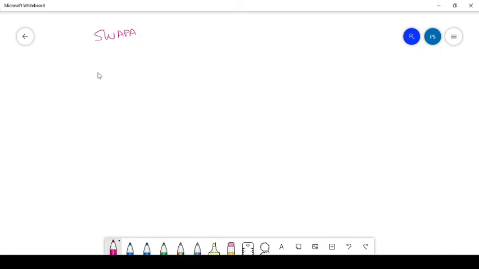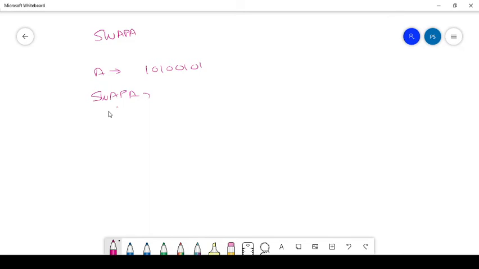For example, accumulator content is 1010 0101. Swap A means swap the nibbles of the accumulator. That means exchange. After executing this instruction, swap A, the contents of accumulator become 0101 1010, as these two nibbles are swapped.